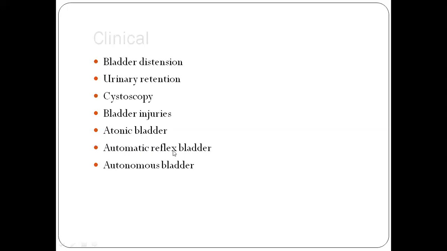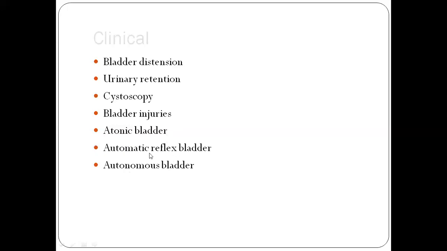So what happened? Whenever the bladder becomes full, the afferent fibers via the pelvic splanchnic nerve reach to S2, S3, S4. The efferents will come out, and they will contract the bladder, relax the sphincter vesicae, and the external urethral sphincter becomes relaxed, and the urine will pass. So the brain is not involved in that, but the spinal cord reflexly balances the release of the urine. What is autonomous bladder?